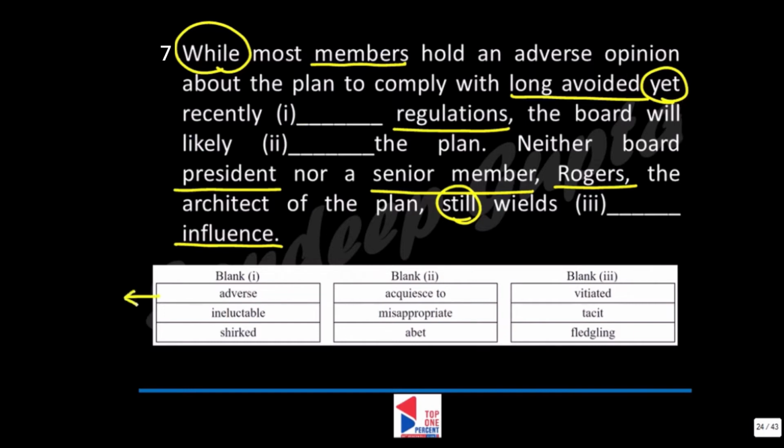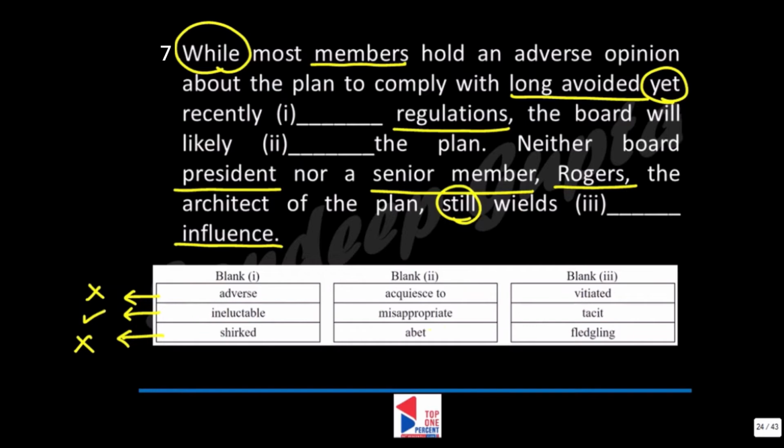Adverse means unfavorable. That's not the word we are looking for, sure. Shirk means avoid, but they can't avoid anymore. So shirked is not the right word. Ineluctable means something that you cannot avoid any further. You have to face something. So that's the best word that can come here. So this, the board will likely, now they will have to agree, not that they want to agree, but they'll